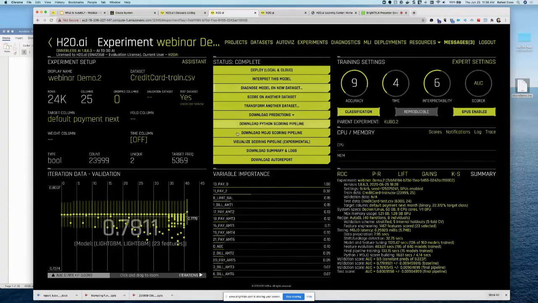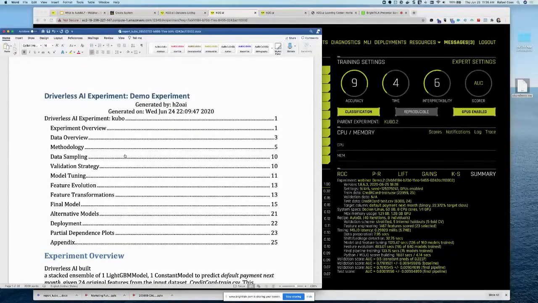And at this point, I can do lots of things, right? I have a model I can score additional data with. I can try to understand what's happening in the model. So it automatically generates an auto report. This is what the auto report does, and it's editable, right? So it could be Mike, the data scientist, and it gives you almost 30 pages of very specific documentation about what was done, right?